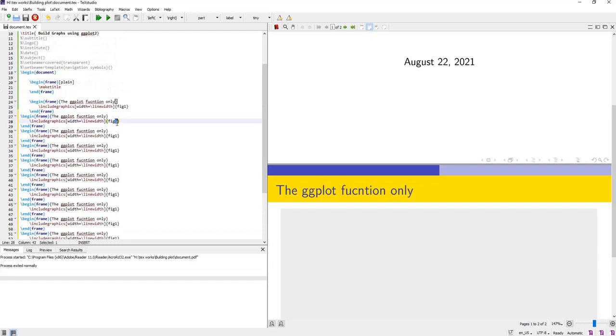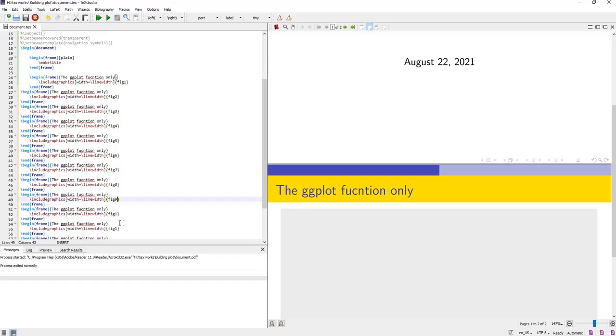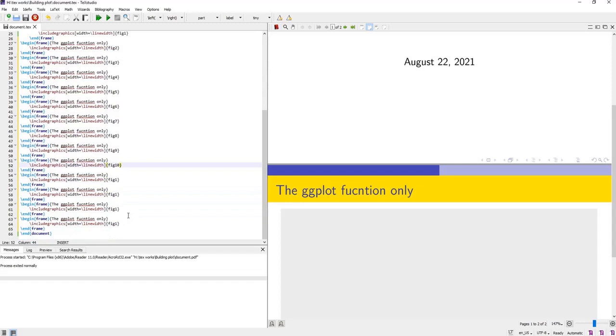Figure 1, figure 2, figure 3, figure 4, figure 5. Here I will change that figure name to figure 6, figure 7, figure 8, figure 9, figure 10, figure 11 and figure 12.